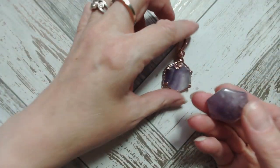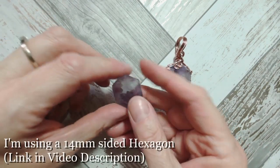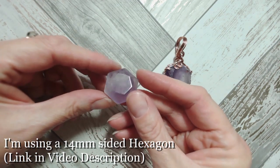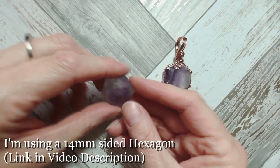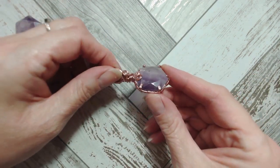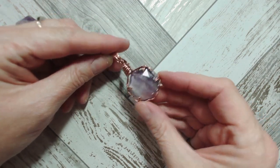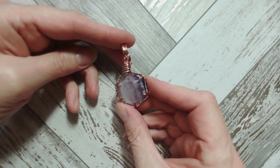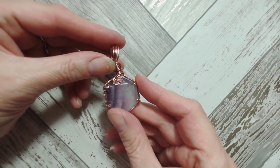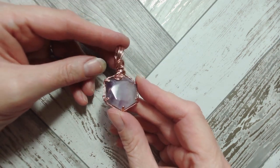So we're going to work with a 14mm sided amethyst hexagon for today's tutorial, and these have very soft facets front and back, so they can be dual faced. The design I'm going to share with you is the wrap using my basic prong setting design, but creating a dual-faced pendant. Now it does feature a slightly different aspect on the back than it does on the front, but I'm also going to show you that super lazy wrap technique for creating a bail in literally a couple of